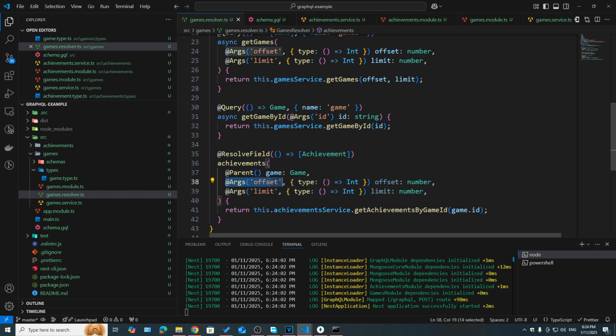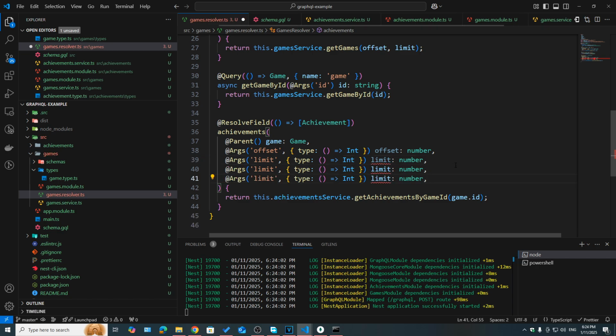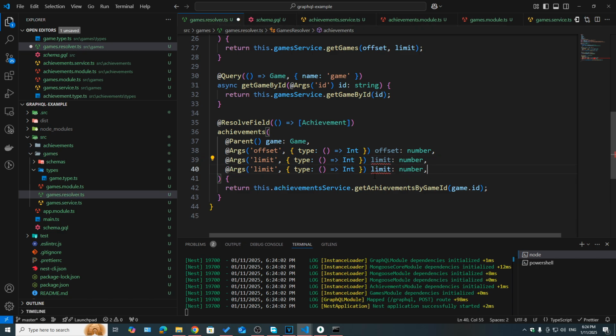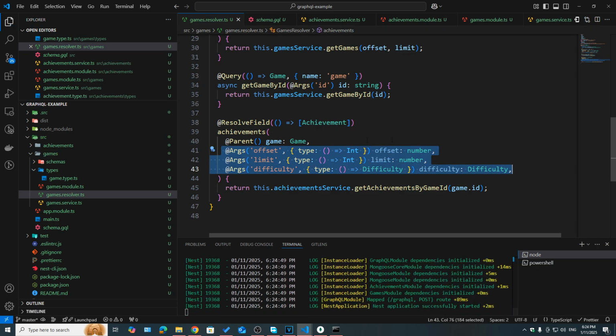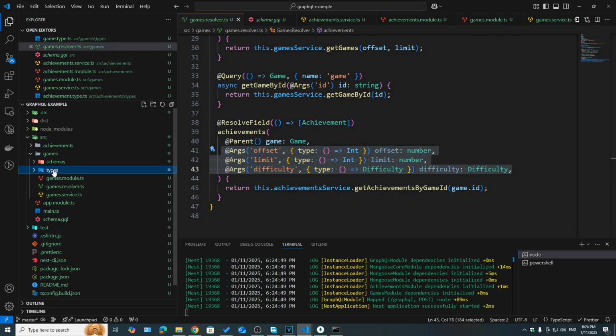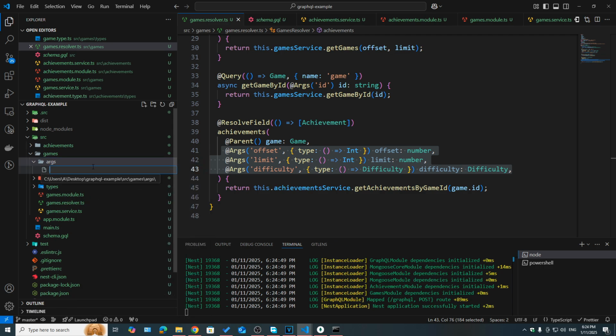Now, it becomes a bit ugly when we have a lot of arguments here. So what if we had some filtering maybe? So for example, let's assume we have a filter on the enum, which is the difficulty. As you can see, this gets ugly. So instead what we could do is, let's go ahead and inside of games, let's create a folder and call it args. And let's just say, for example,